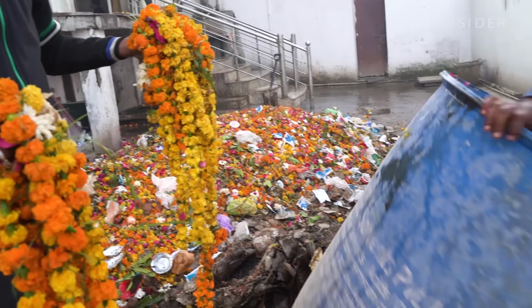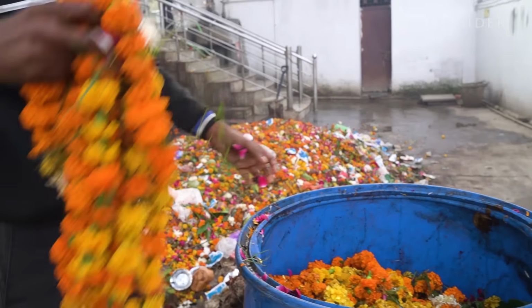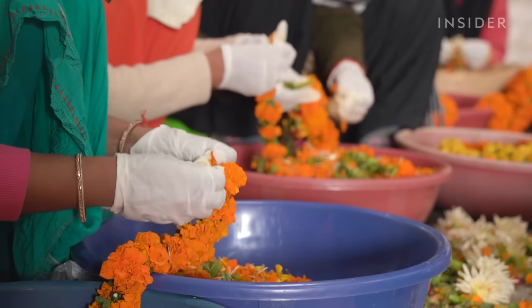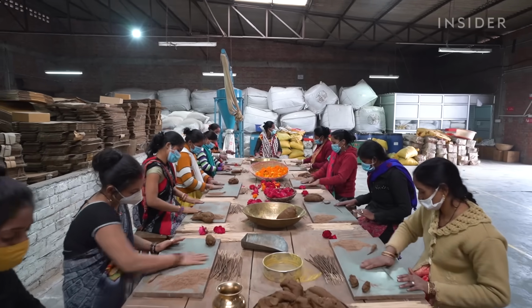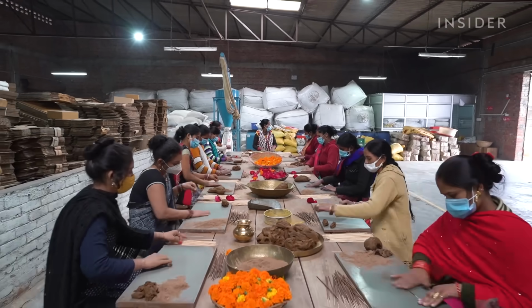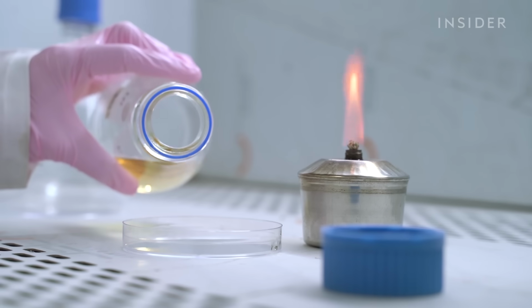"There's this line in the Hindu Aarti which says, Tera tujhko arpan, which basically means what belongs to the gods goes back to the gods. So this is how I used to convince them that these flowers don't belong to you or me, they belong to the gods. And we're using it for the purpose of making incense, which is again being used for worshipping the gods." Ankit also wants to find other